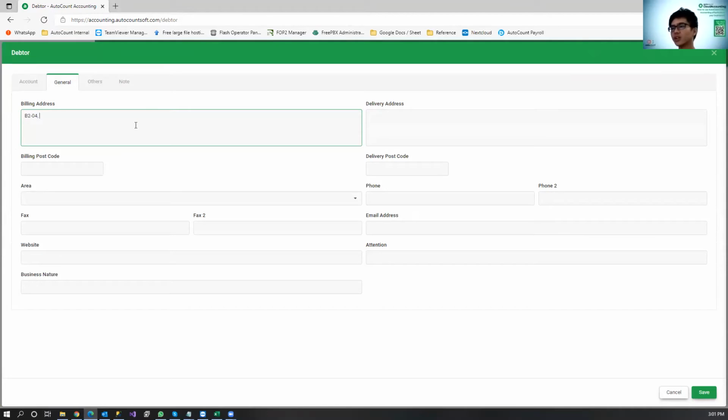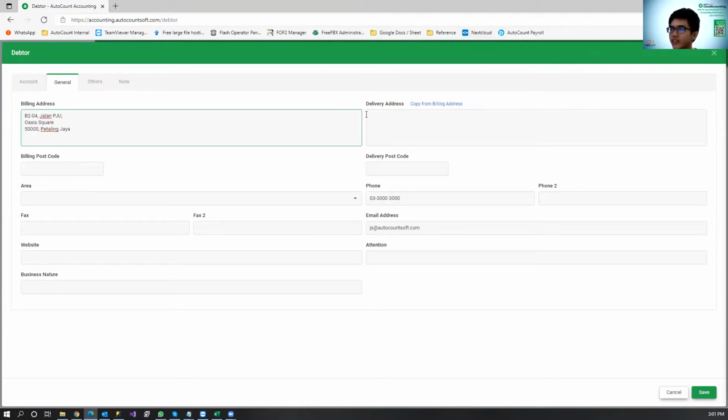Jalan PJU something, Oasis Square, 5000 Petaling Jaya. For example. If maybe they have their email address, they have their phone number.